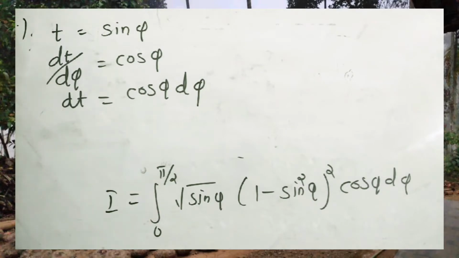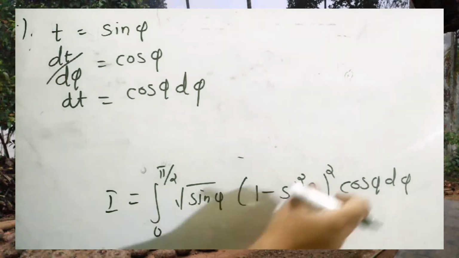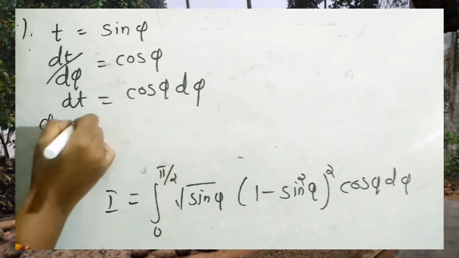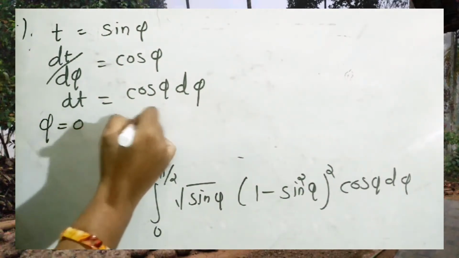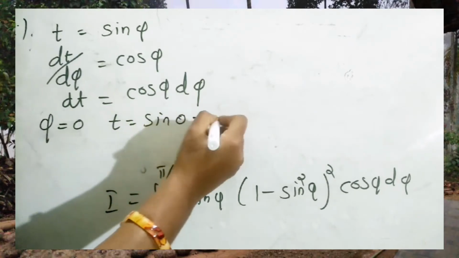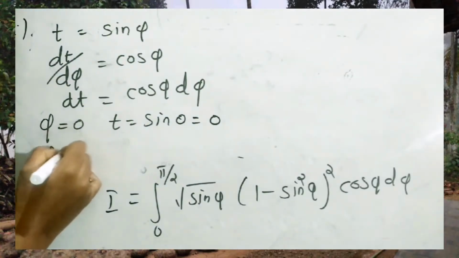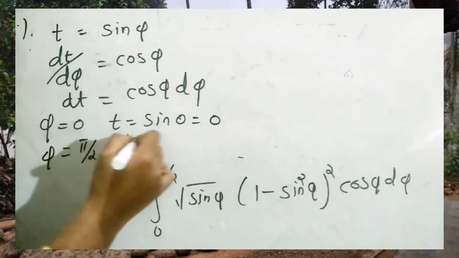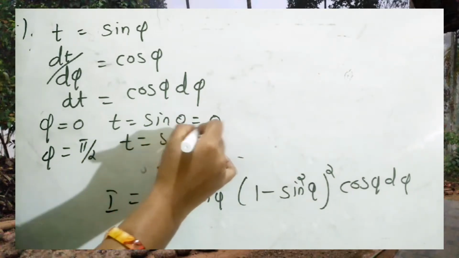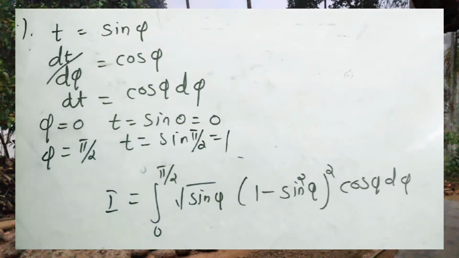Now we need to find out the interval of this new variable t. For that, when phi is equal to 0, t equal to sine 0 equal to 0. When phi is equal to pi by 2, then t equal to sine pi by 2 equal to 1. So the new interval of integration is from 0 to 1. So then I